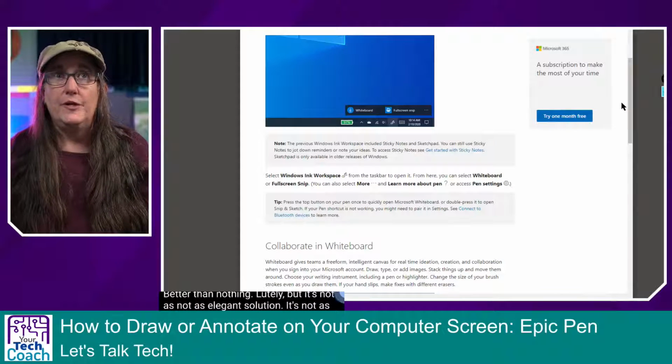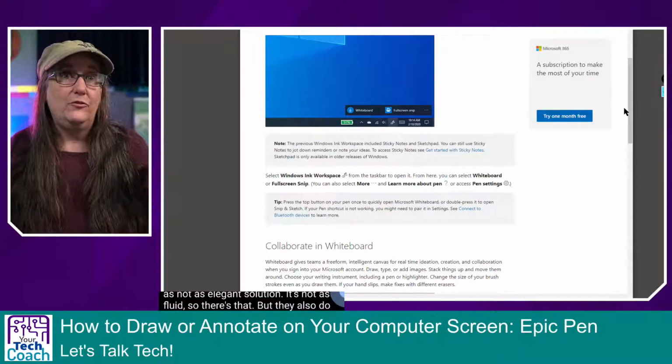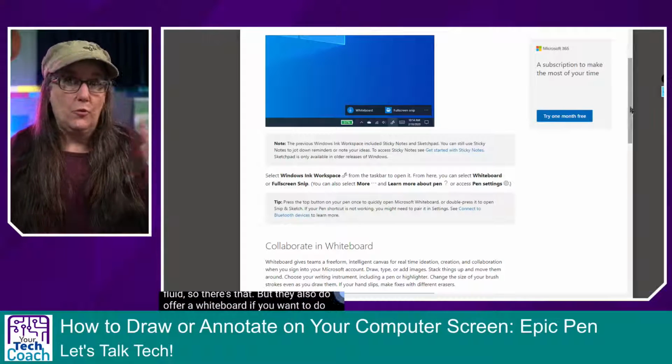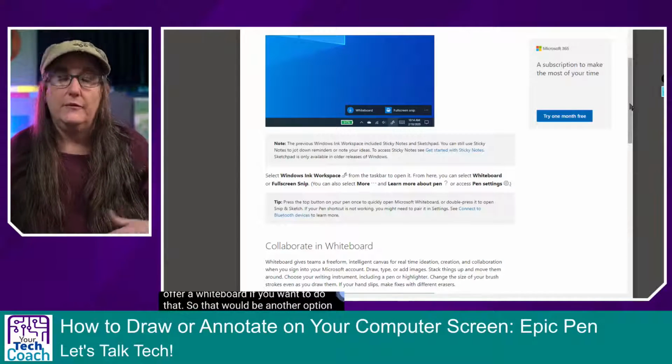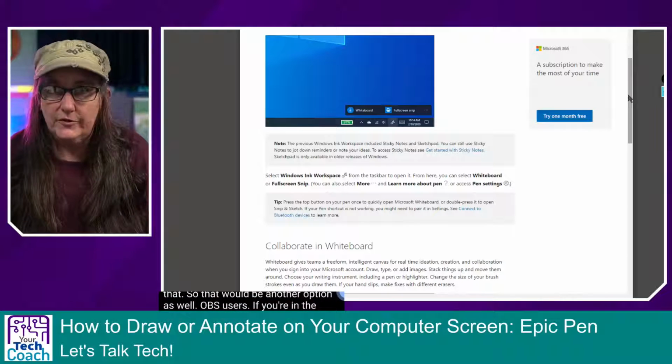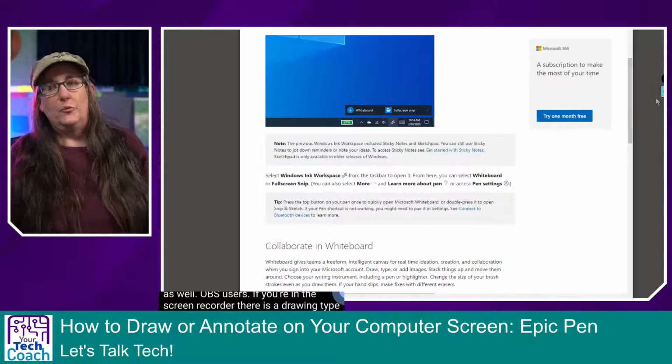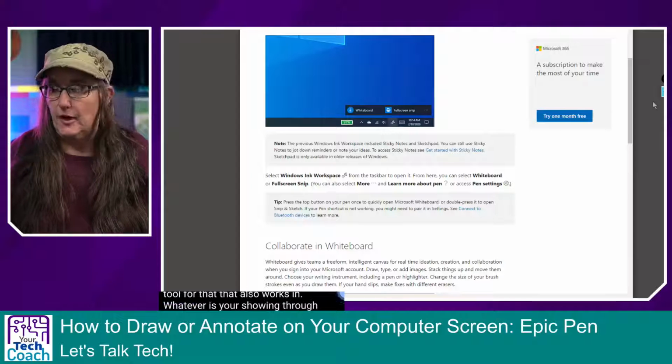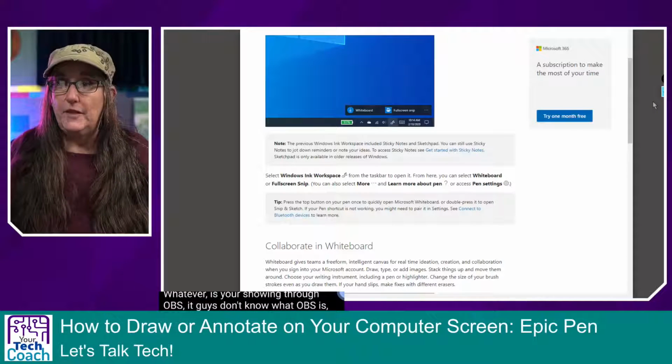OBS users, if you're in the screen recorder, there is a drawing type tool for that also works in whatever you're showing through OBS. If you guys don't know what OBS is, don't stress. You don't have to know. I just wanted to point out that there are a couple of other different options, and that's it. So just remember,